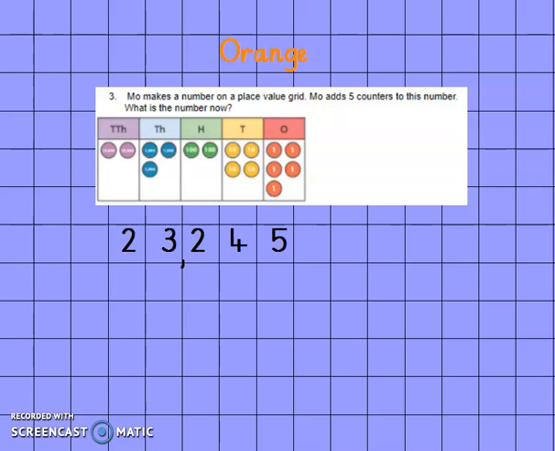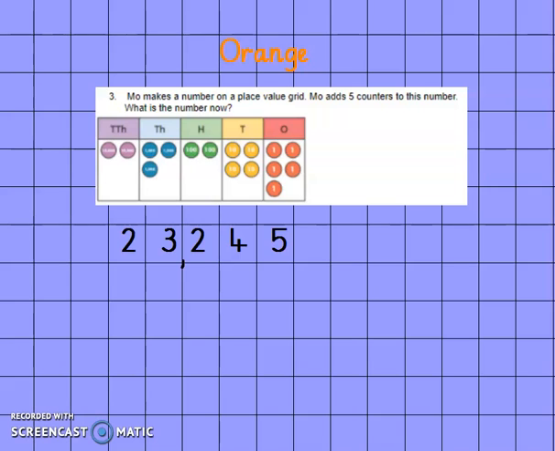The next question we're going to look at is number 3. Mo makes a number on a place value grid. Mo adds 5 counters to this number. What is the number now? So I've written down the number by counting the counters and putting it underneath so I can remember how many he's got. So his number is